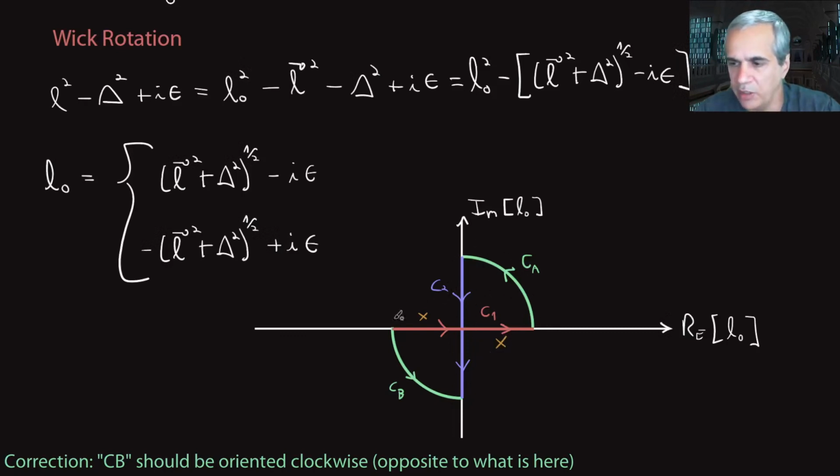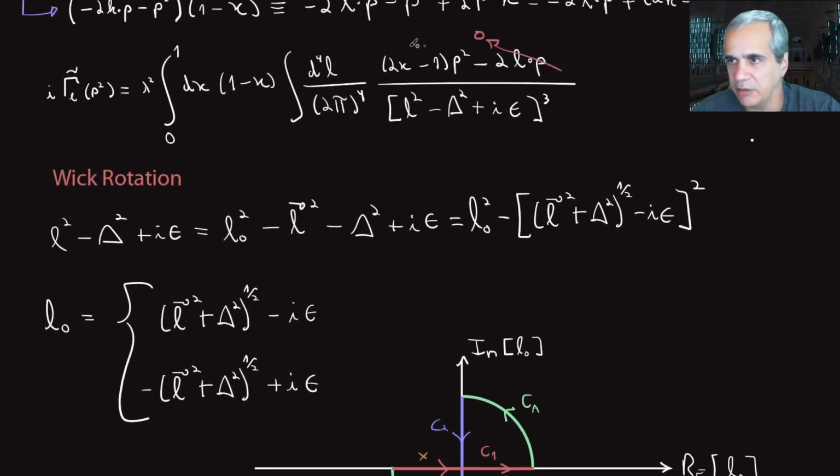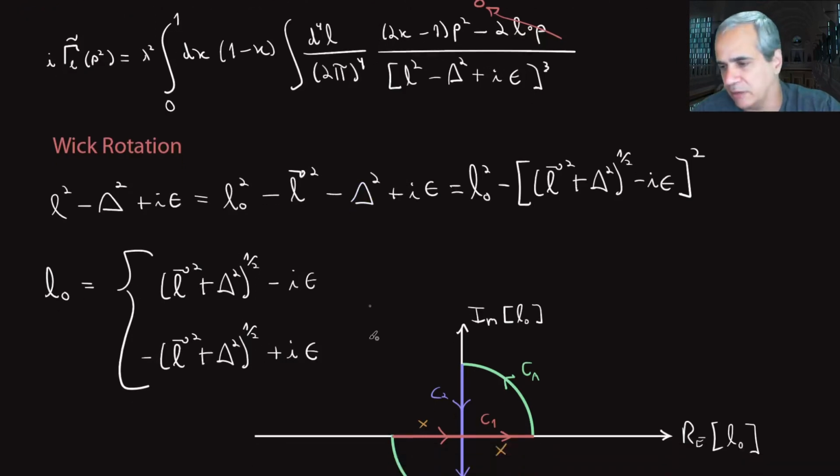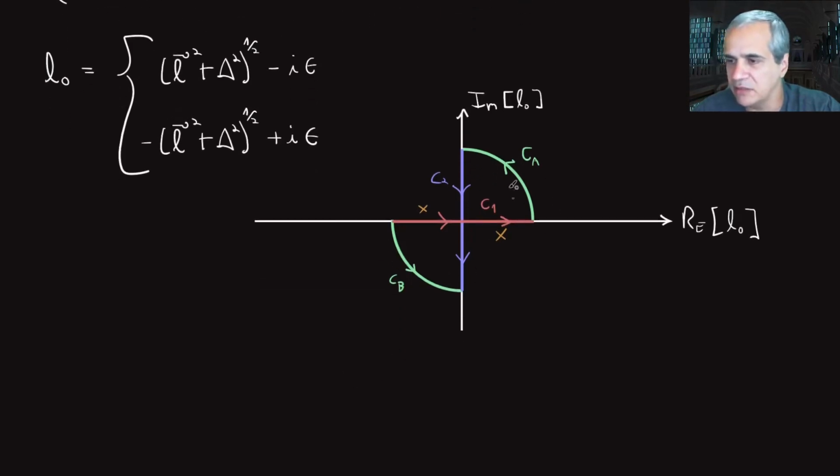The two green paths will contribute nothing, because if you look at the integrand, there's a big suppression as L0 goes to infinity, as happens with these two curves, once you extend the limits on the red one to minus infinity and plus infinity. So these two will contribute nothing, and since the path has no poles inside,